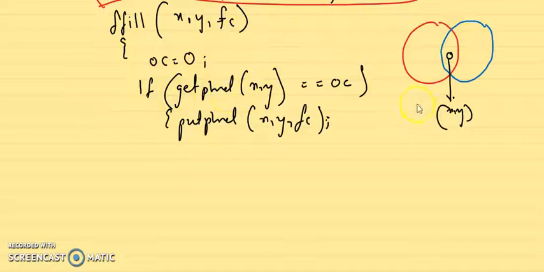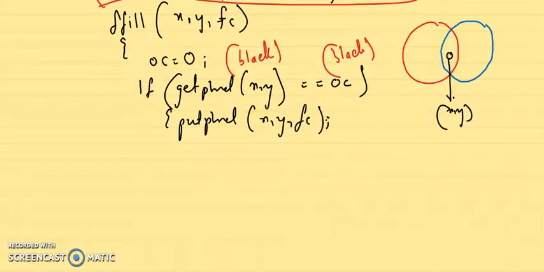So the color of get pixel x comma y would be black in the current example, and OC is defined as black. If both of these are black, then it is going to put a pixel in this current location with whatever color I want to fill this up with. Say I want to fill this up with green. So my fill color is green.